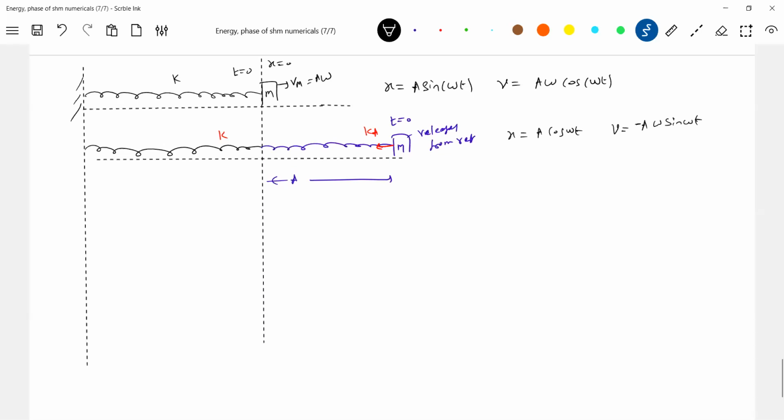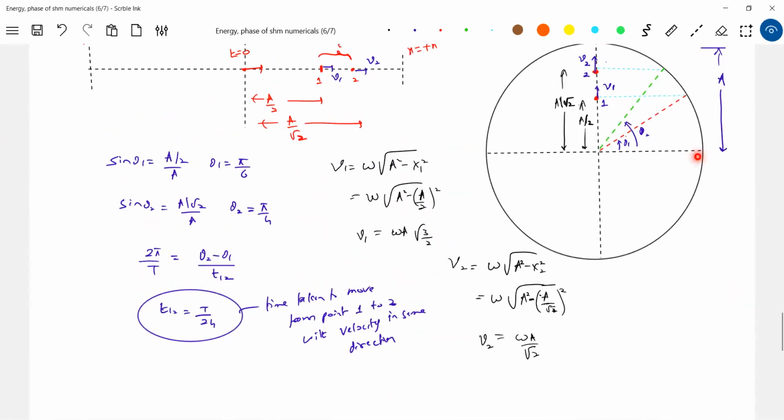So instead of this, we should have written this as A sine omega t plus pi by 2. I think this is more justified, no? Because what is the phase of this here? 0 phase. What is the phase of this? Pi by 2. If a particle starts oscillating from the right extreme, then the equation of SHM should be sine omega t plus pi by 2. Able to understand? Because according to the circle concept, right extreme is pi by 2, and mean towards right should be 0 phase. The same thing: 0 phase, pi by 2, pi, 3 pi by 2, 2 pi.